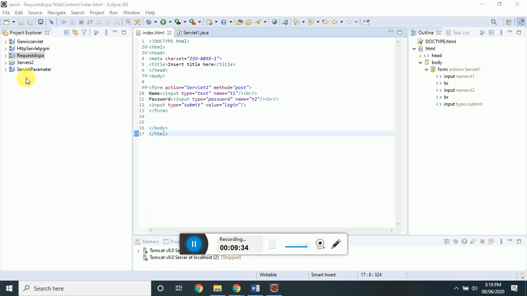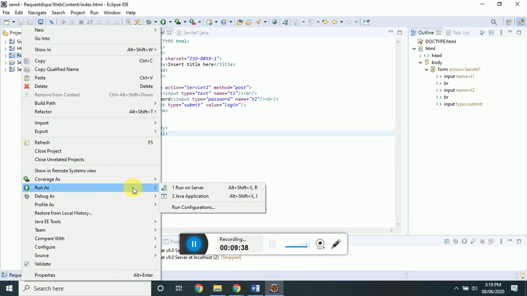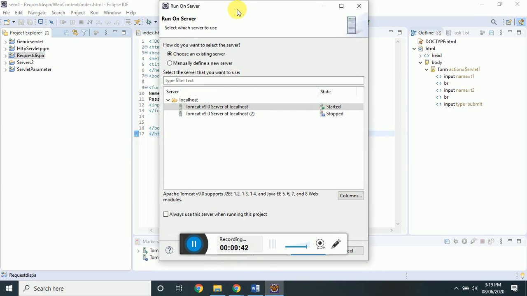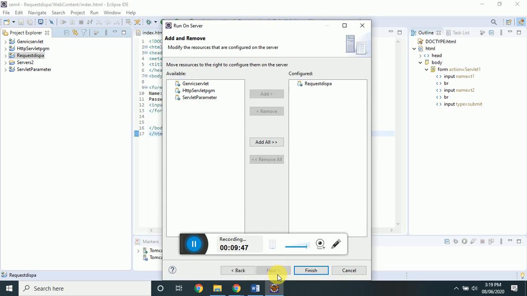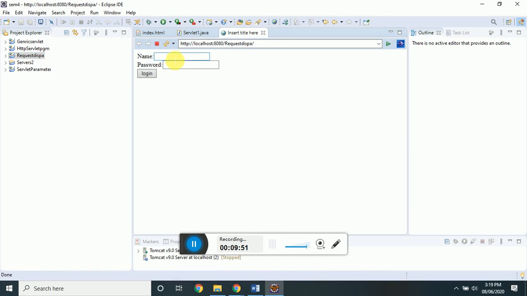So I'll run once again. Right click, run as, select run on server. Click on next, click on finish. So I'll say demo, click on login. So you can see here